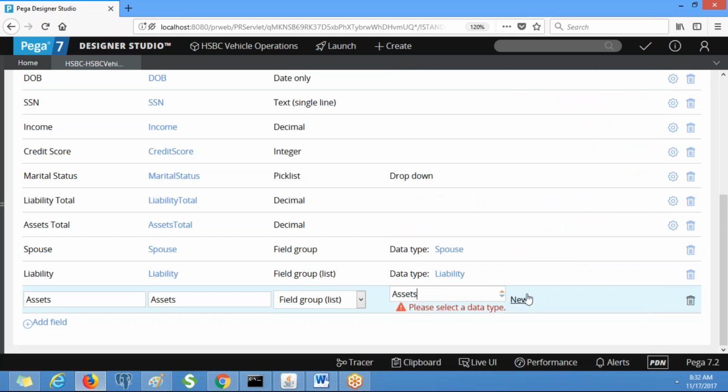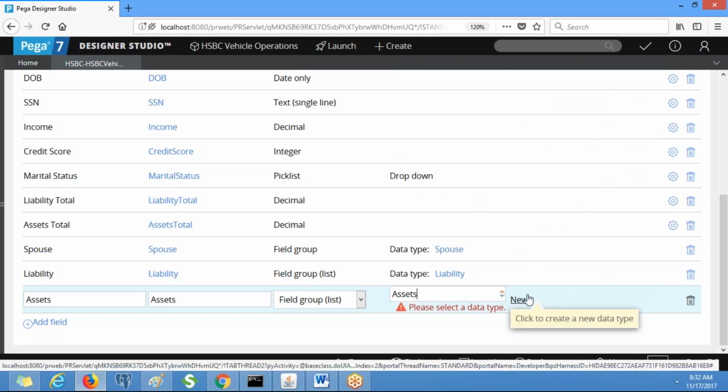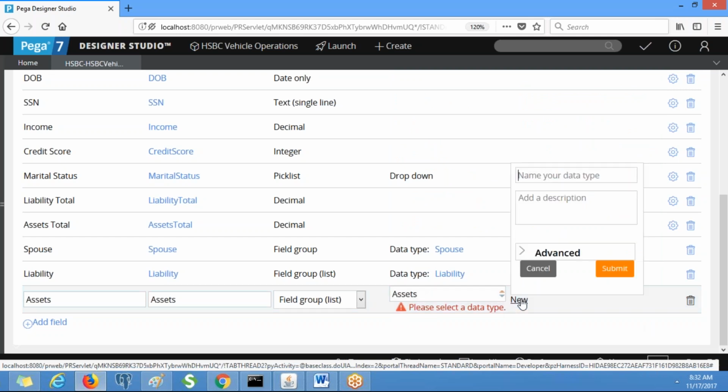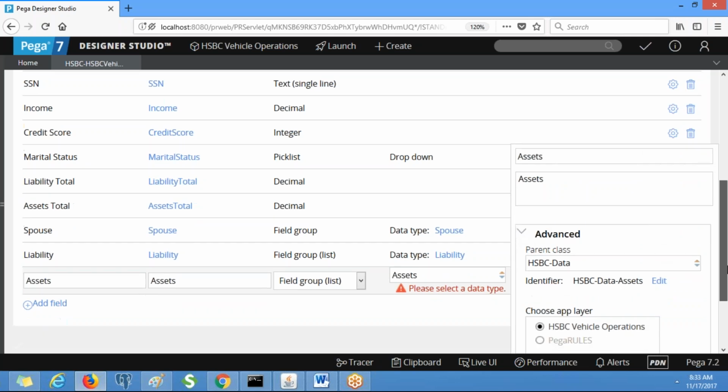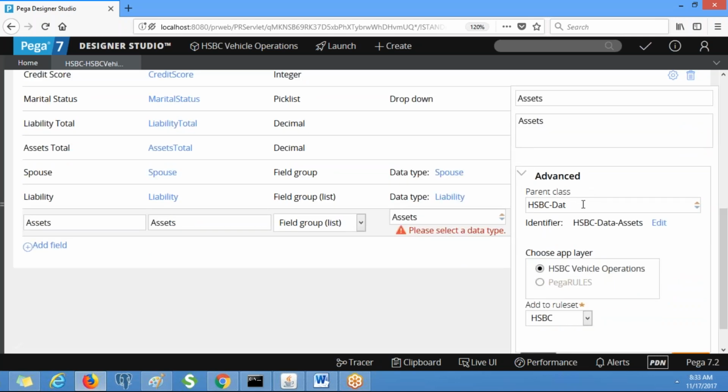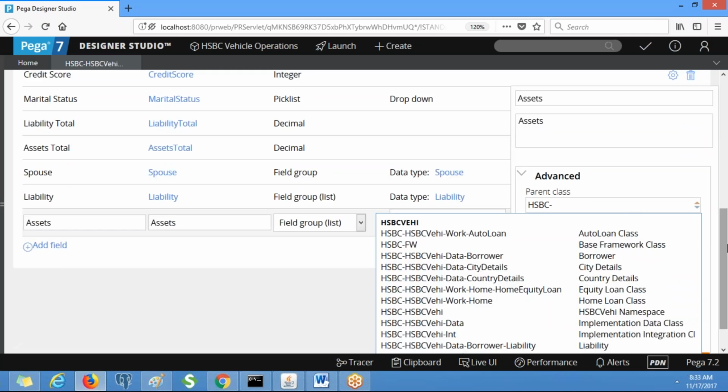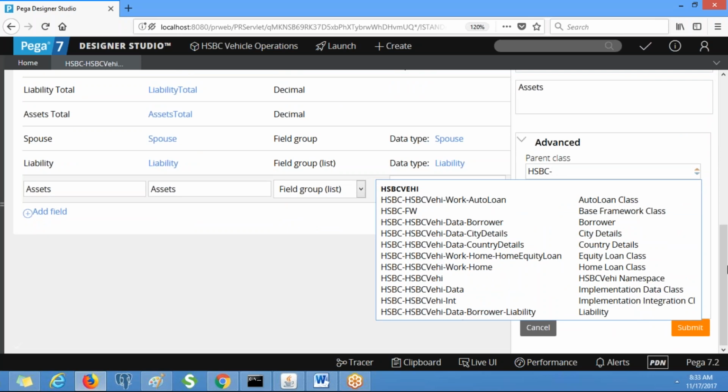Okay, assets, right? I'm going to create a new page list property here. This is an assets related data class. What is the parent class?